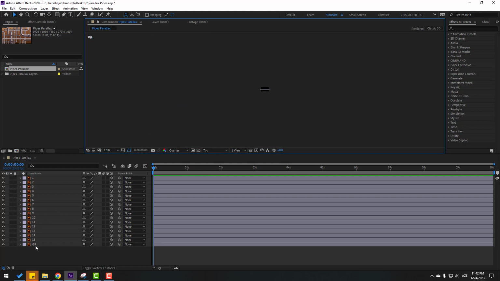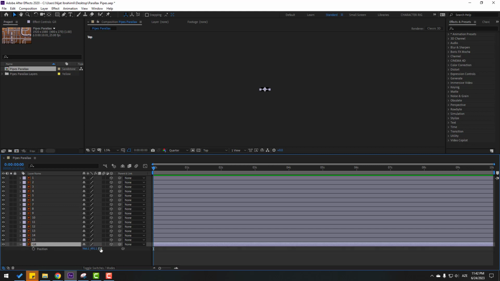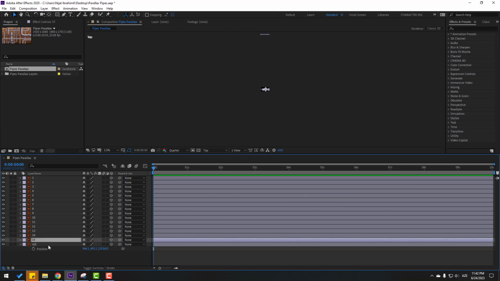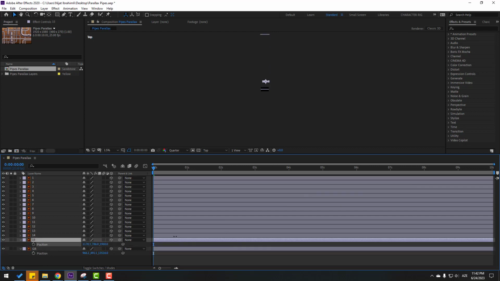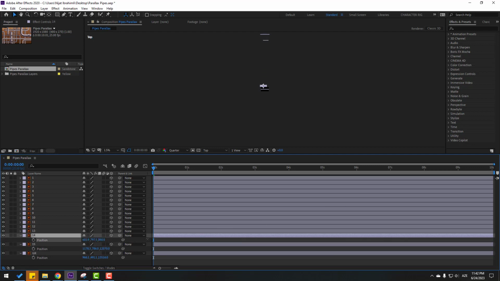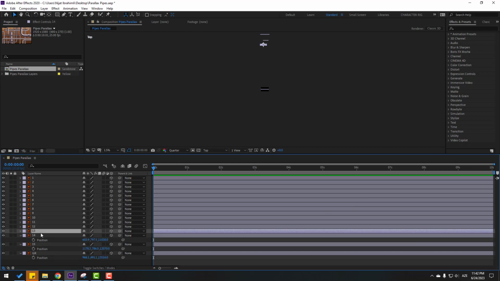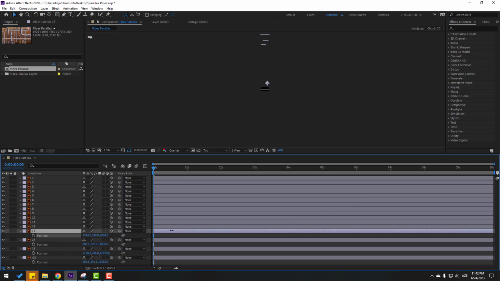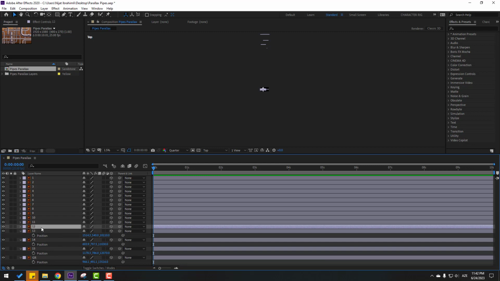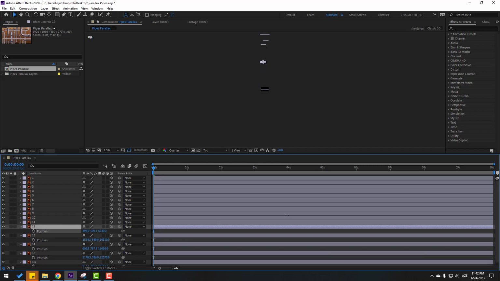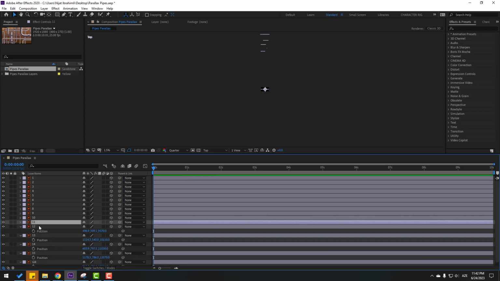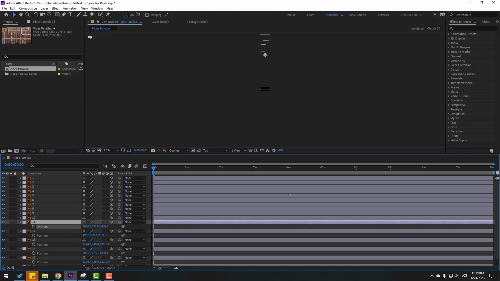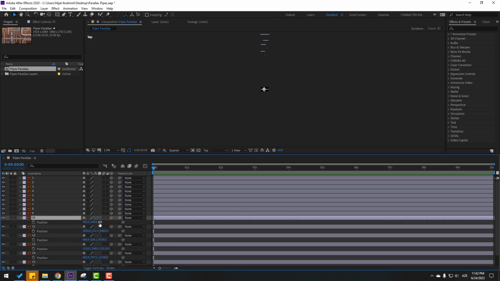First, select this layer, ground. Let's press P and move to back. Let's hold shift, move to back, and select layer 15, press P and hold shift, move to back, and layer 14, press P and move to back, and layer 13, let's move to back, and 12 also move to back, and 11 let's move to back, and layer 10 move to back,